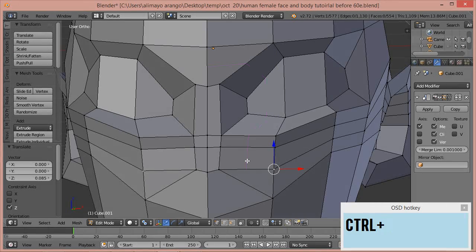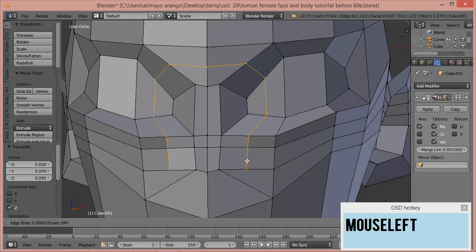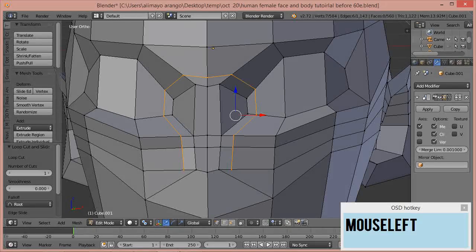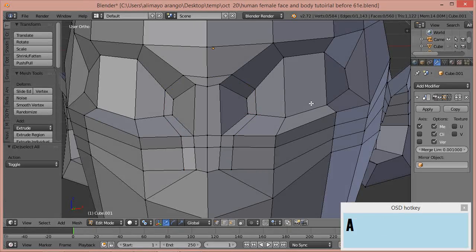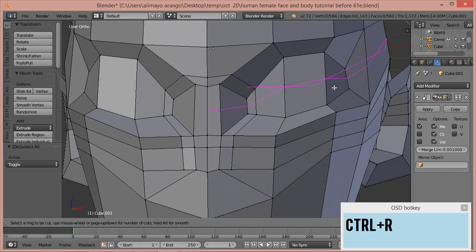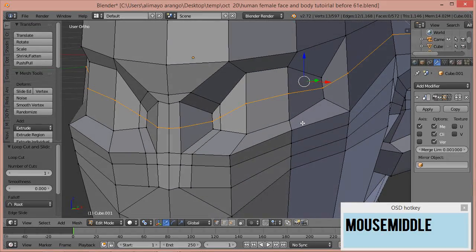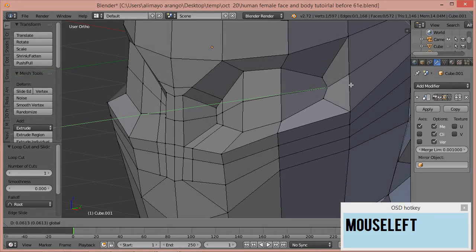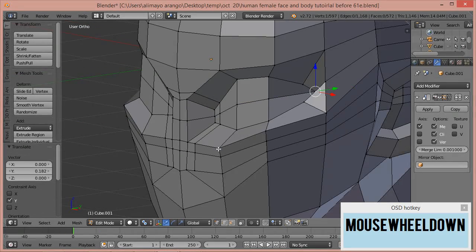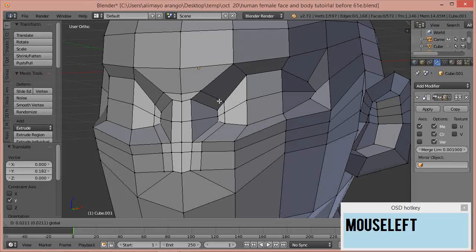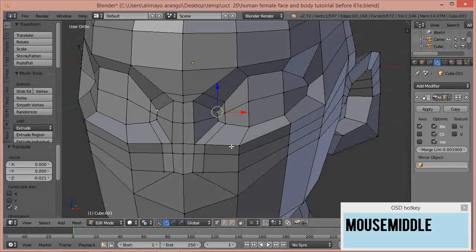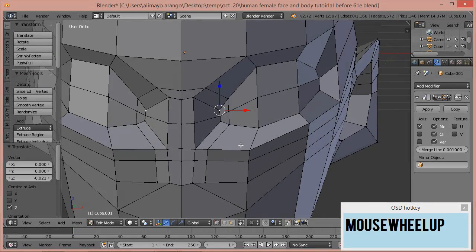You're then going to press Control R to put another loop cut in, just 1 loop cut. You're going to pull it into about here. We're now going to hit A to deselect that loop cut. We're going to press Control R. We're going to put another loop cut right here. Left click to lock in. Then grab this vertice right here and just pull this back just a little. Small adjustments to these. Sometimes it's hard. I have to tell myself I'm doing a tutorial so I don't get caught up in just pushing and pulling